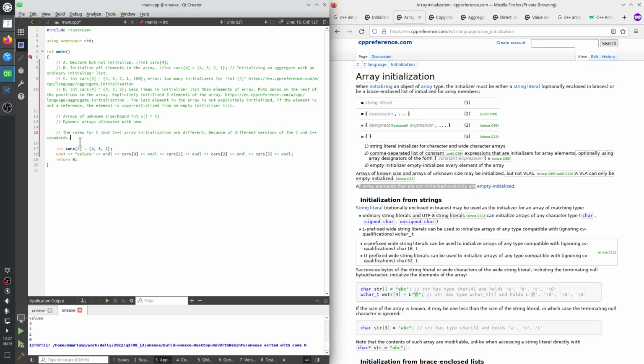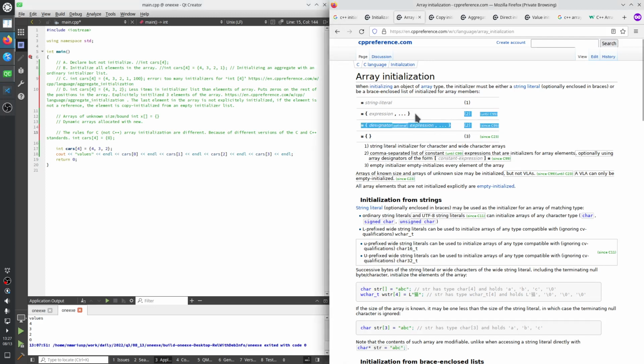Okay, so for C we might go with this thing. Just put one value in the initializer list that makes it valid since forever. So it works in all versions of C, both since C99 and until C99. And it says